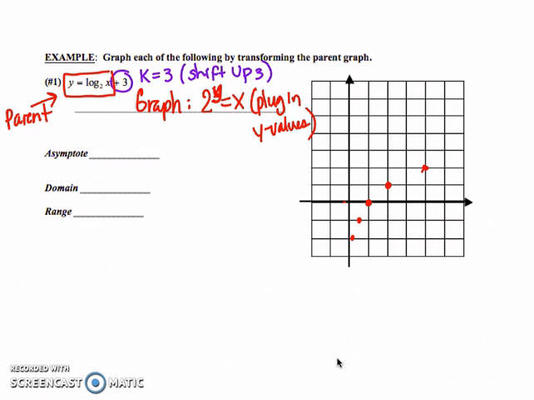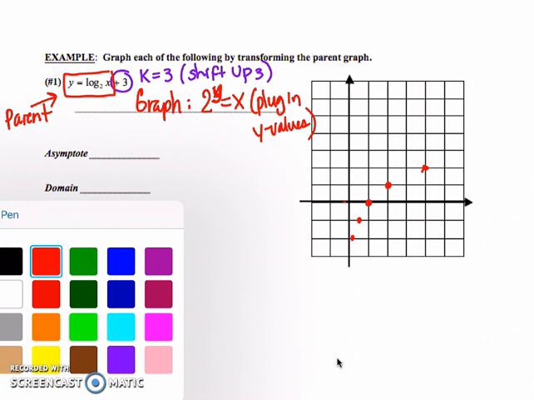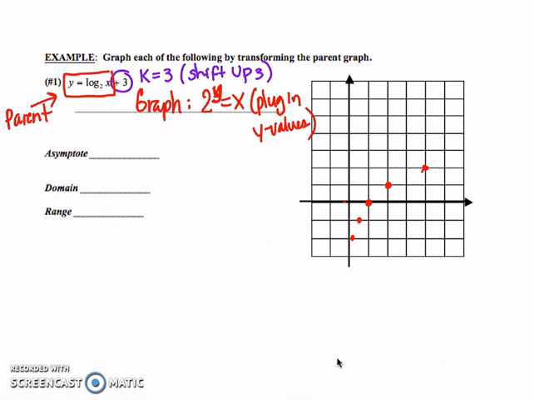Well, now if I'm going to be shifting my points up 3 to make my final graph, now I just have to move each of those parent points up 3. So 1, 2, 3, 1, 2, 3, 2, 3, 2, 3. So there's my